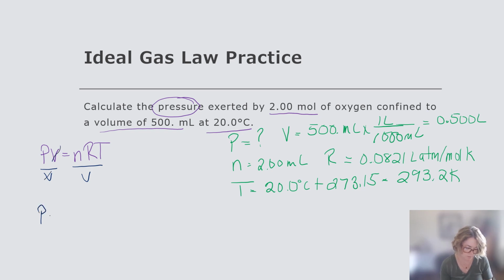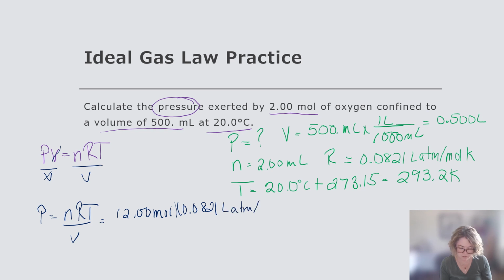So pressure is going to be equal to nRT over V. And then this is just a matter of putting all my numbers into the equation. So this is going to be 2 moles, my gas constant, and my temperature is 293.2 Kelvin. And I'm going to divide all of that by the volume,